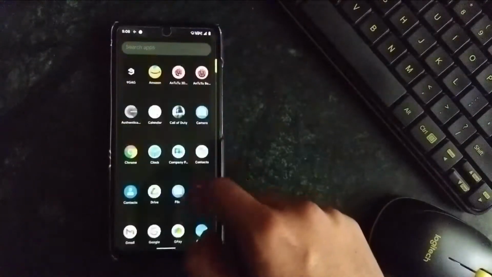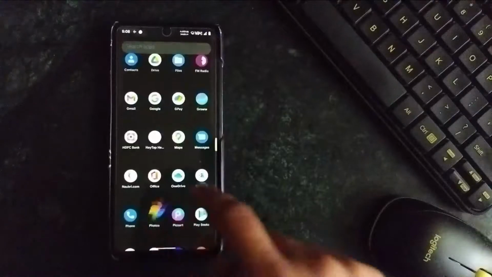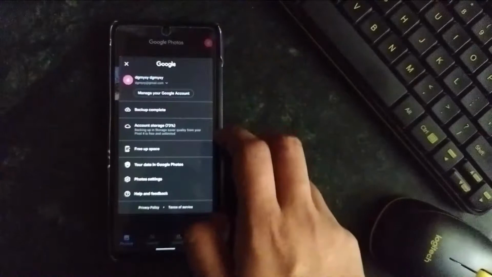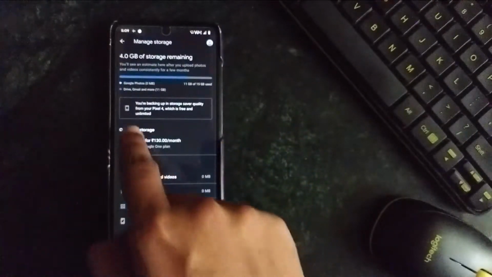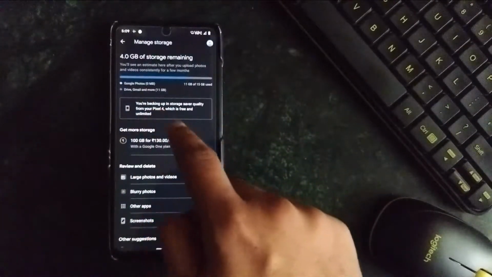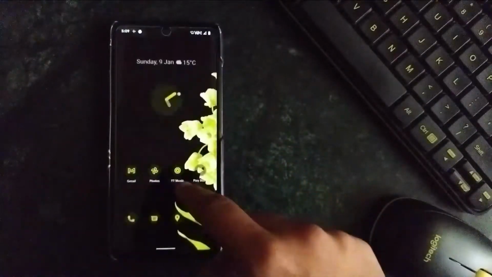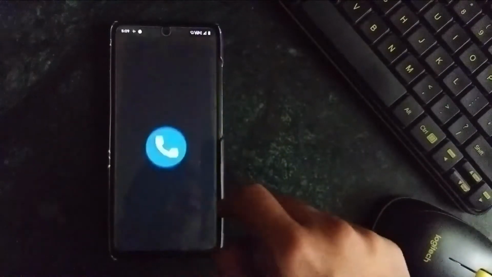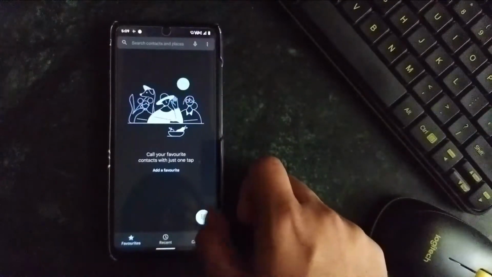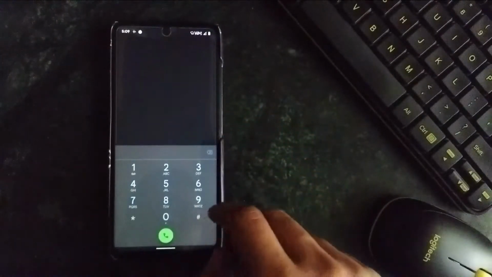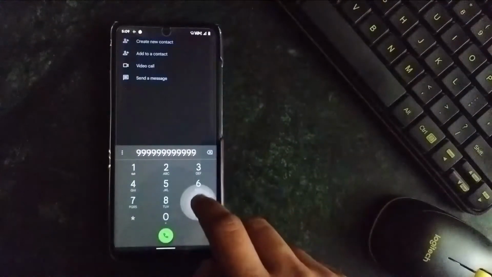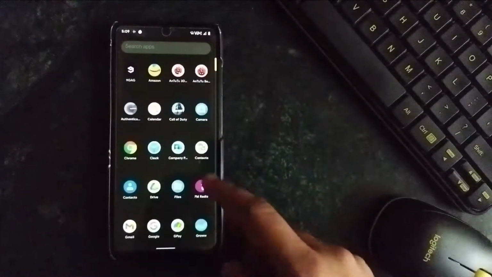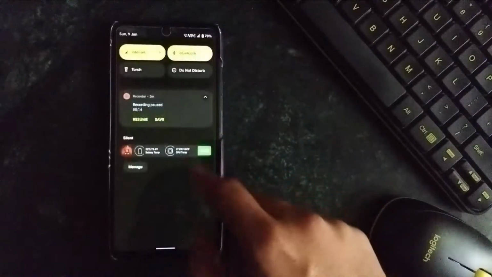Anyway, pretty much overall the ROM smoothness is there, and you will get the unlimited Google Photos backup. As you can see here, I do not suggest that you go for this ROM basically, because every other ROM has the Google unlimited backup. Even the CR Droid ROM has that. So yeah, please do not switch only for this thing. Yeah, Google Dialer is there, Google Messages are there. You will not find the USB one, so I guess that is a good thing if you are looking for that.